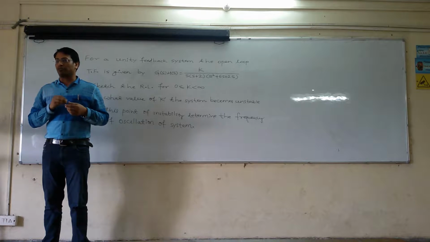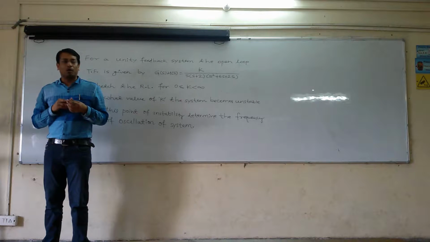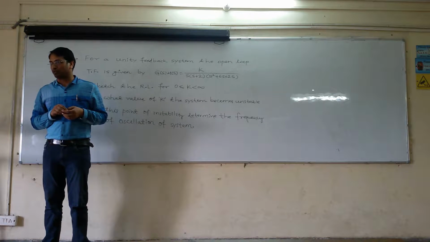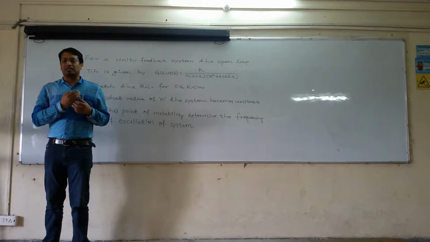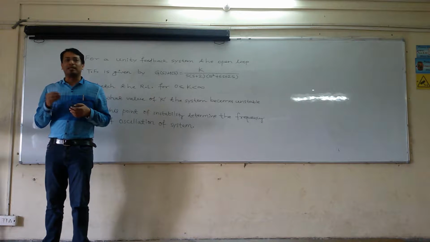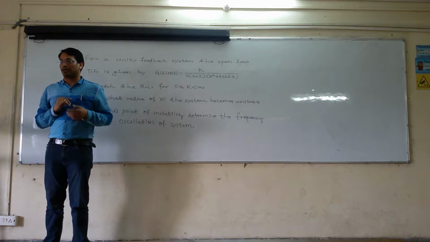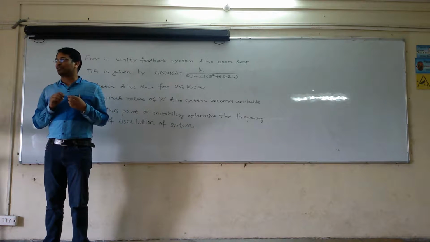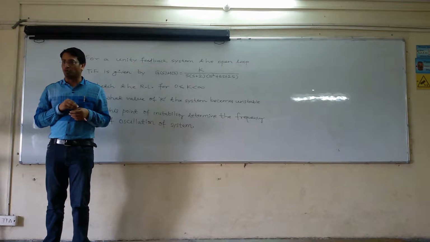If there are not sufficient zeros, then it will end at infinity. Rule number 3 talks about what sections of the real axis are part of the root locus. For this we have said that if the number of poles plus the number of zeros to the right side of that section is odd, then that particular section of the real axis will be part of the root locus. This p dash plus z dash equal to odd condition was for k greater than 0, that is, for direct root locus.